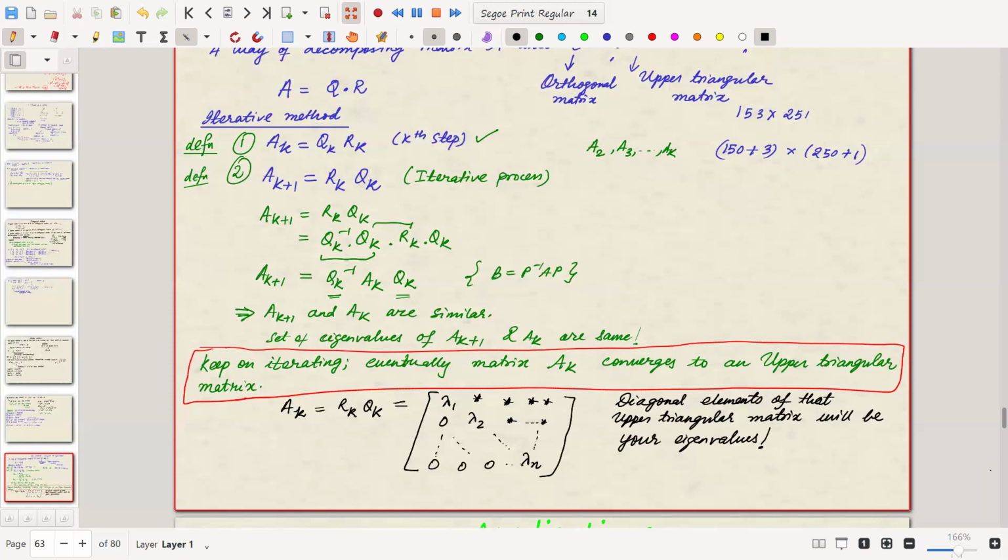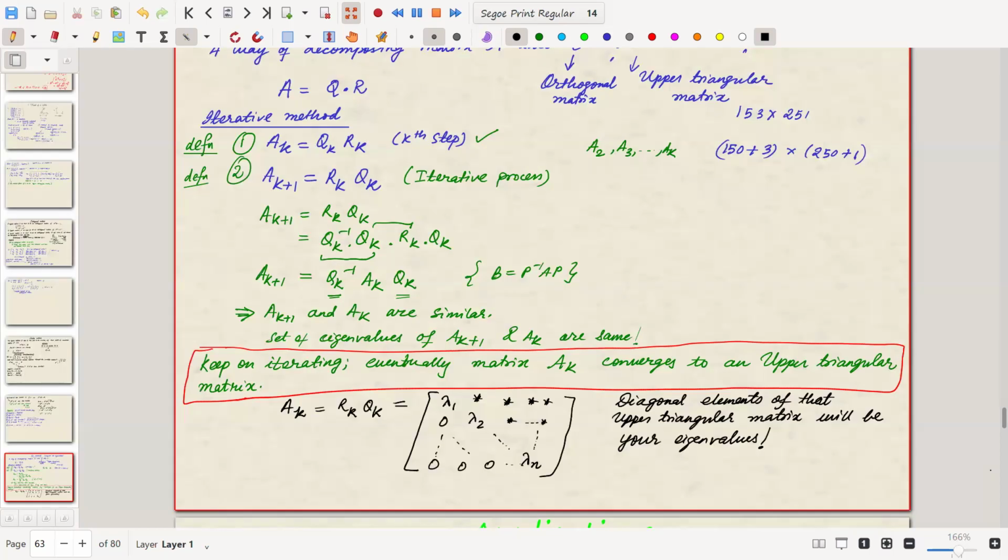So you can actually decompose the matrix at each step. Remind yourself that at each step, you have to decompose the matrix into an orthogonal matrix and an upper triangular matrix, right? And that is not an easy task. Given a matrix A, if I ask you to decompose it into Q and R, it will be very tough. You don't know how to start. So that is usually done